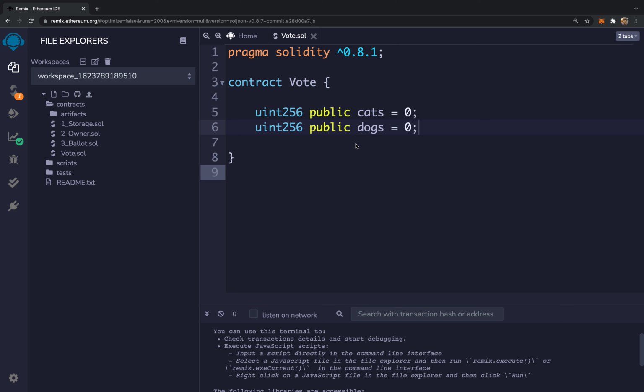Hello everyone. Today I'll be teaching you how to create a simple voting contract. So the candidates will be cats and dogs. What we're going to do is let the user vote for either a cat or a